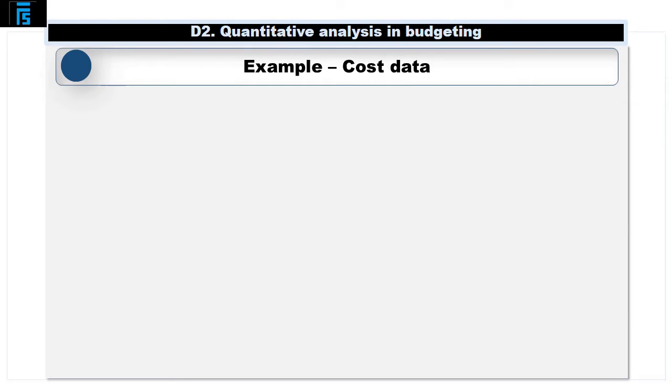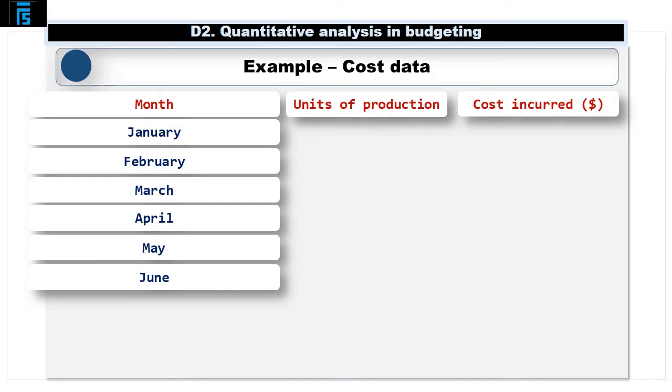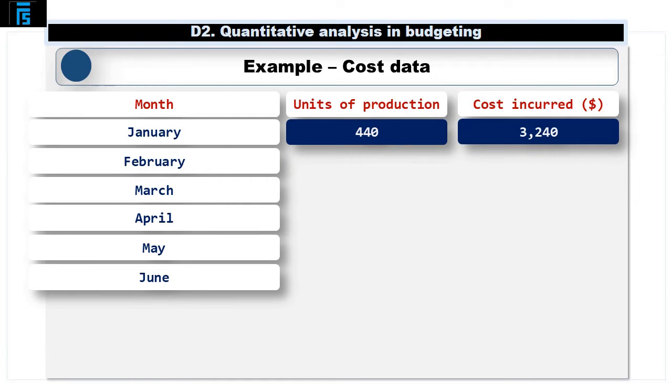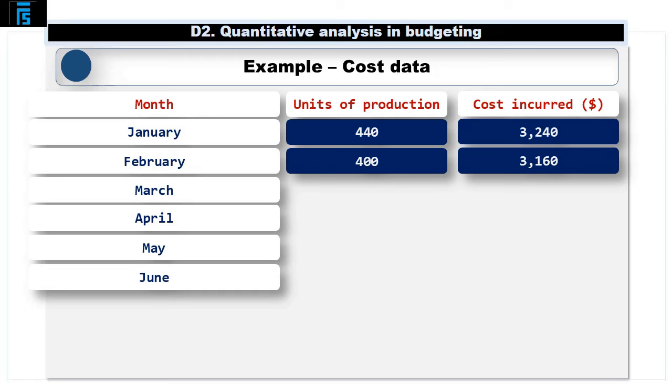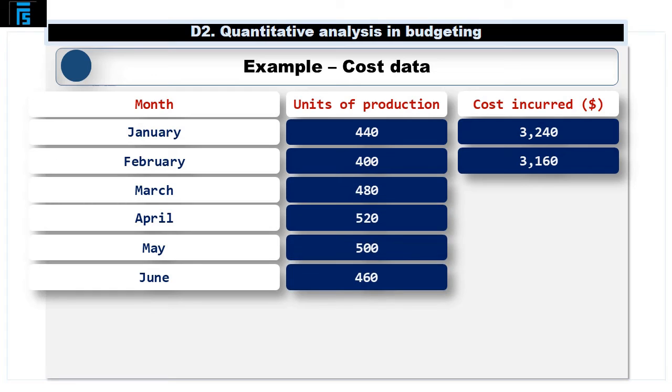Let's see an example of the high-low technique in action. Cost data for the latest 6-month period is provided. In the month of January, 440 units were produced, and costs incurred totaled 3,240. In February, 400 units of production generated total costs of 3,160. Similarly, in March, April, May and June, 480, 520, 500 and 460 units were produced, incurring respective costs of